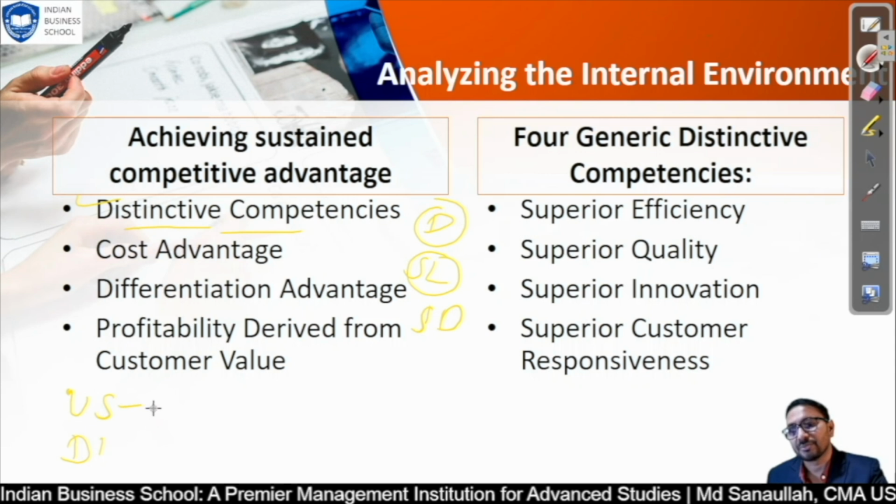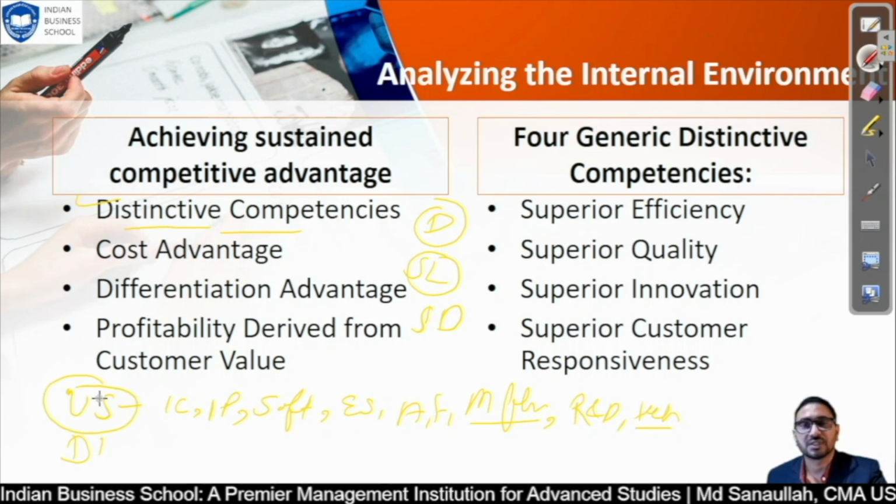For example, your internal control is very strong, your internal policy is very strong, the technological software you are using is very high quality, like the ERP software you are using. Your employee strength is good, your auditor, your finance team, your management are very flexible, ready to change based on circumstances, and you have a good R&D team, so you keep on evolving. This kind of thing makes a company very distinctive compared to your competitors, so make sure to apply this kind of stuff.